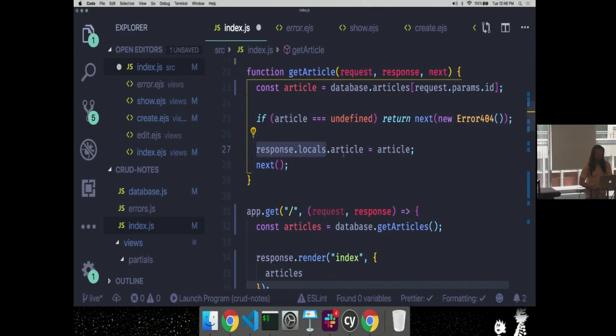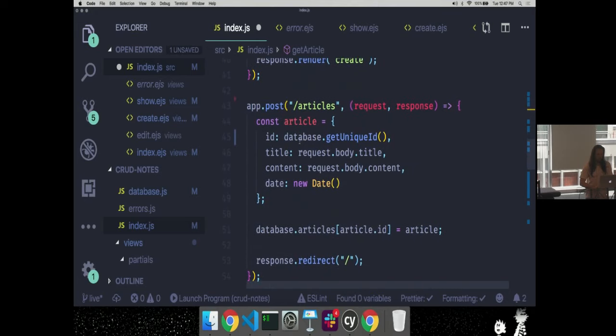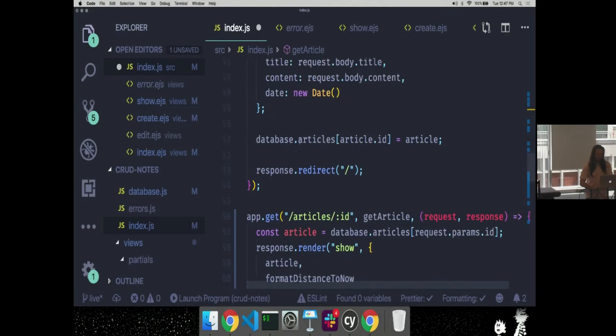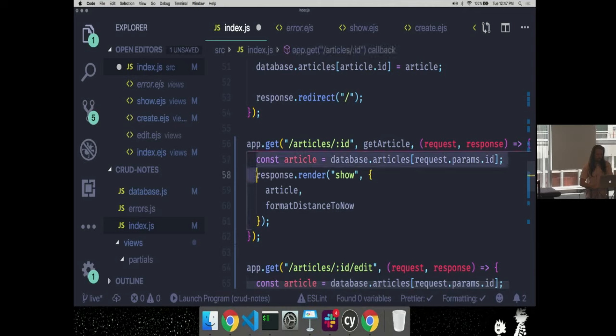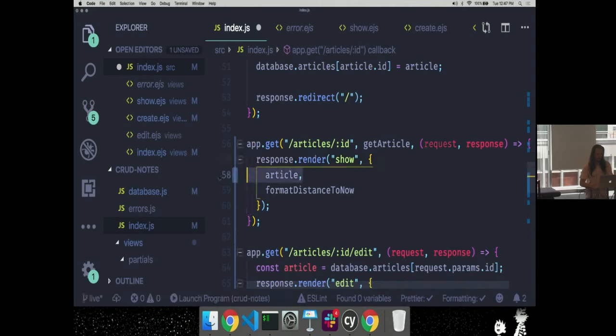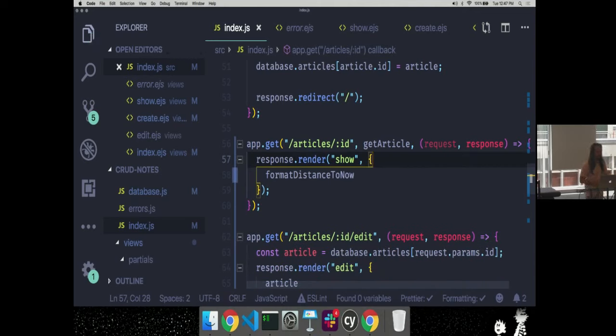So here, because I've added locals.article, I can get rid of this here, and I can get rid of this part. I don't need to pass the article because it's on the locals object. And anything on the locals object can be rendered by the template file. Make sense? I know this is a little bit